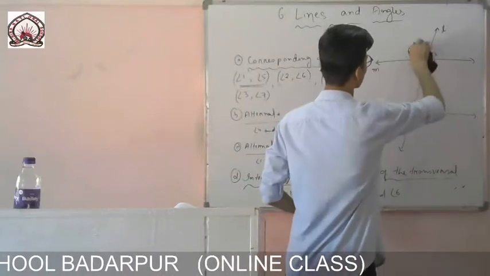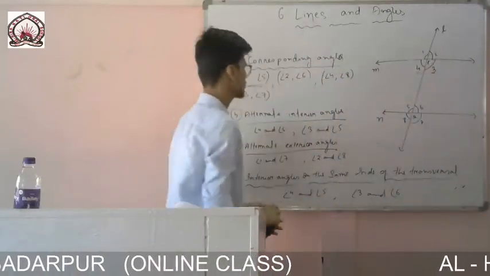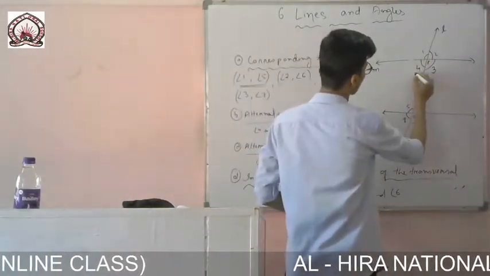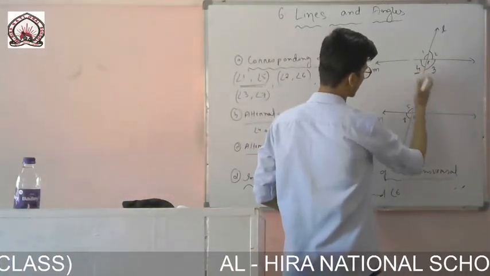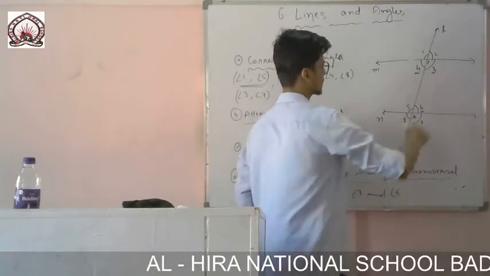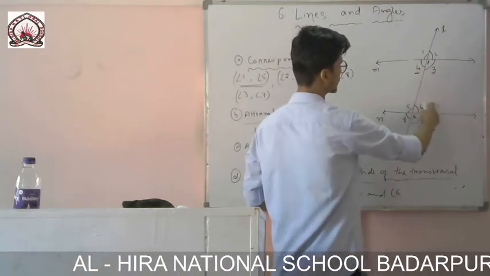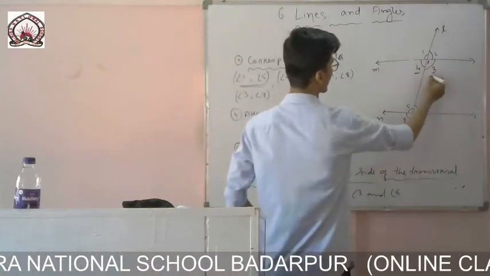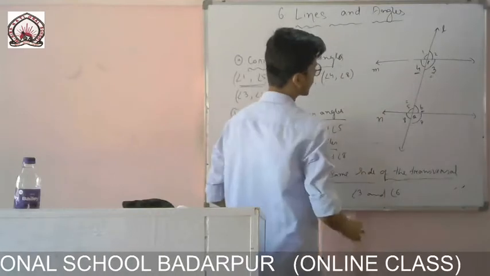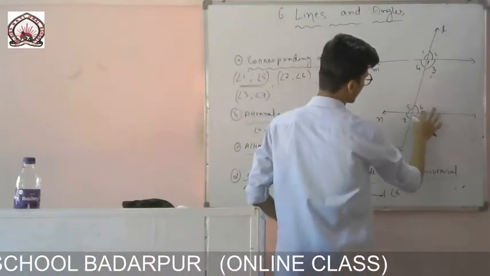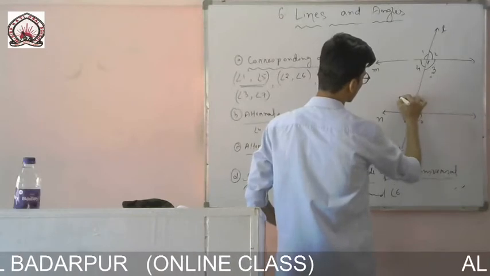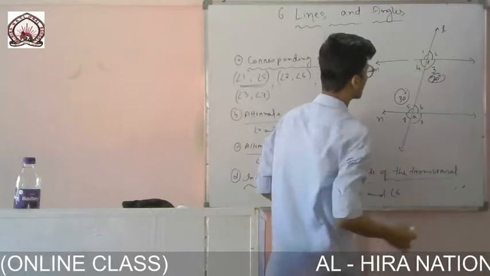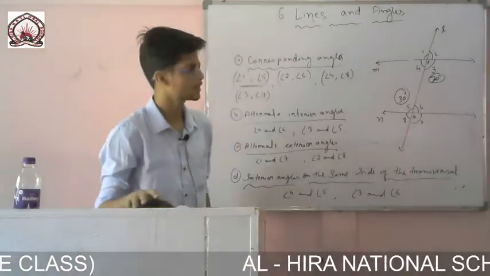Next one is alternate interior angles. So you see here angle 4 and angle 6 are alternate angles, both are interior angles, okay. These are interior angles 4, 3, 5 and 6, so these are alternate interior angles. Another one is 3, 5, so these are also equal. If I give the value here, for example angle 5 I have given 30 degree, then this one will also be 30 degree, because alternate interior angles are equal.